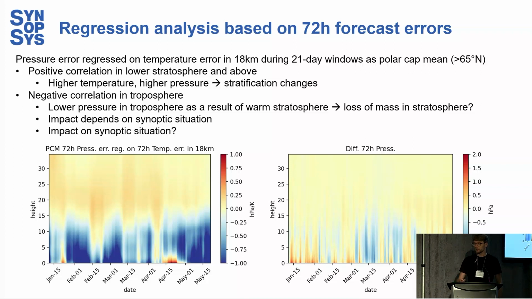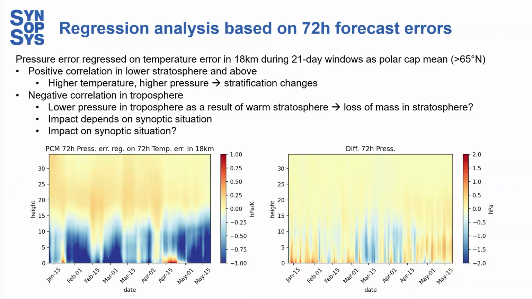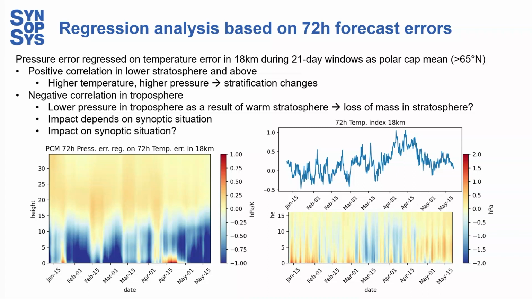That's something I have to look into in more detail. But if we look at the actual differences between the analysis and forecast, we see that there are some times where we see the same error over that region. So it could be at least partially related to stratospheric effects, although, again, that's a very broad view. Also, when the temperature anomaly, that's the index again, is the biggest, we also see the strongest anomalies in the troposphere. So it seems like there could be something in this.